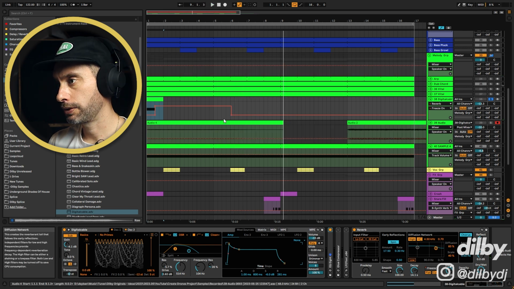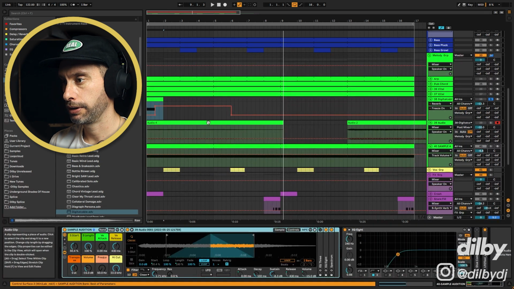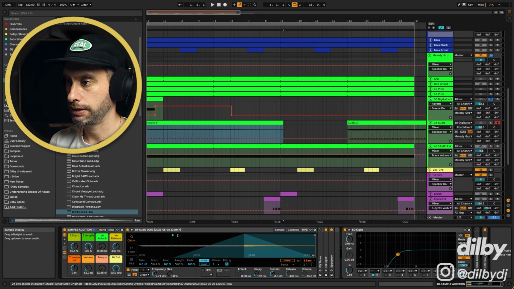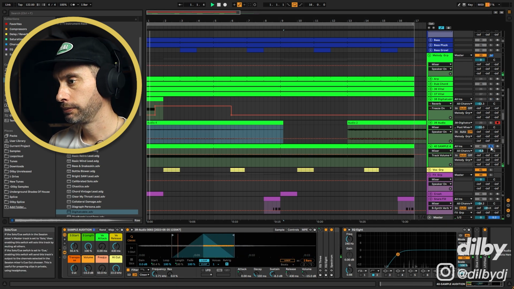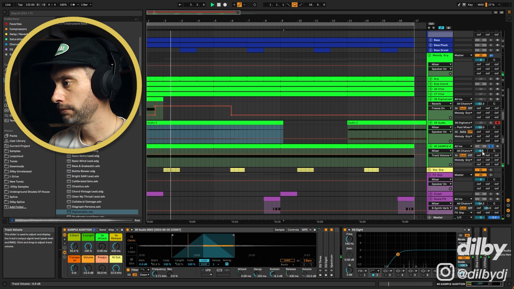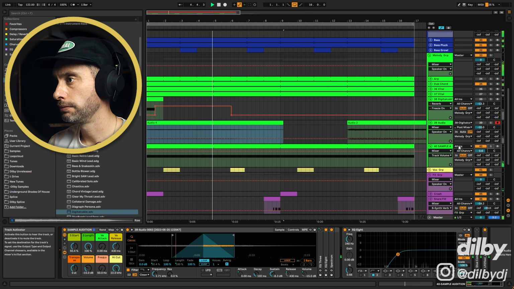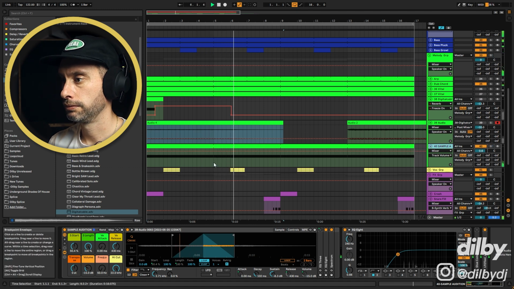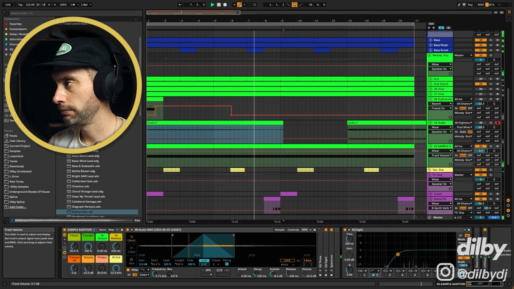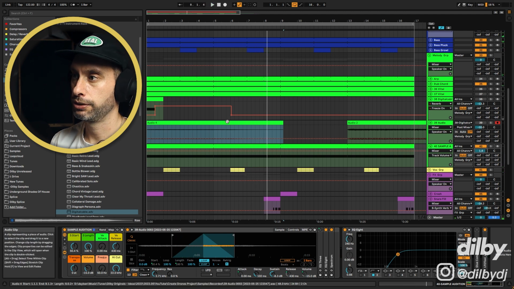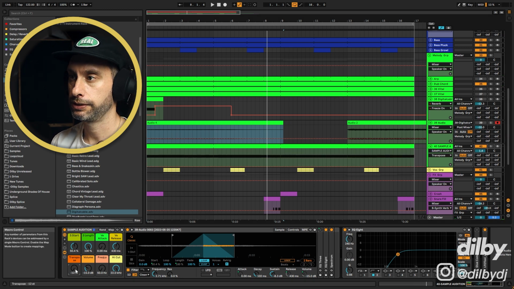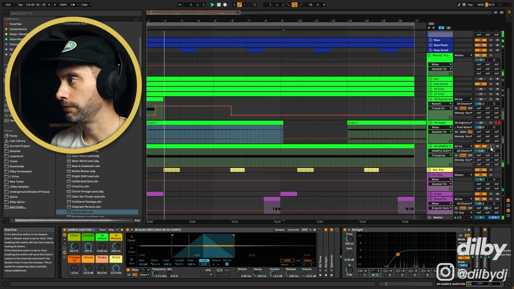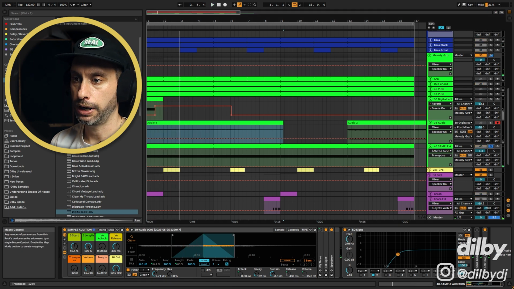Cool stuff. All right, so now we can try it with this one. Obviously, you can see that these are different volumes, so you just want to adjust for that. Now we can also do some cool stuff with the pitch of these. So if I bring that down an octave, or up an octave,